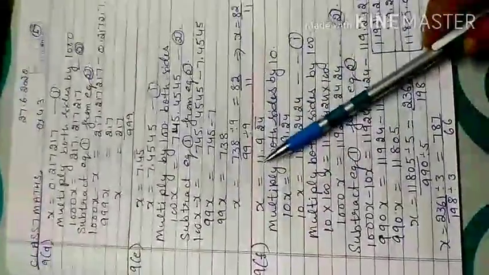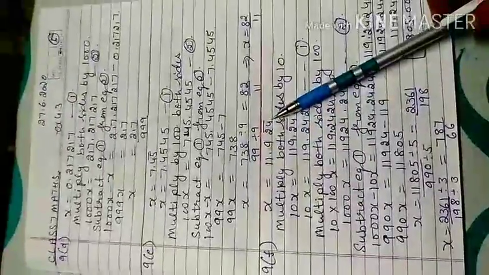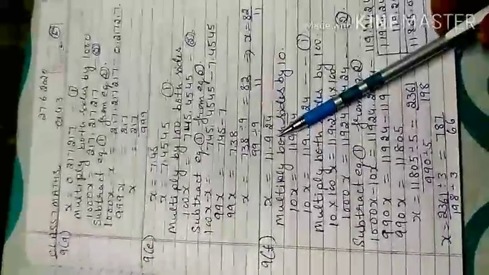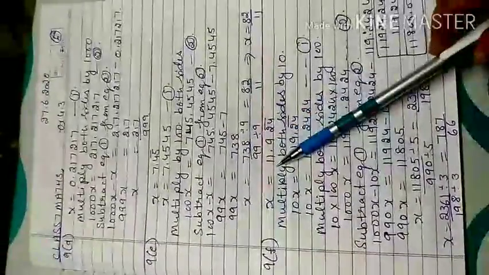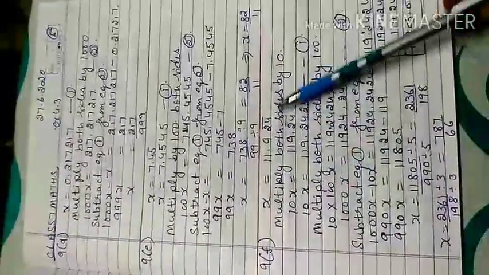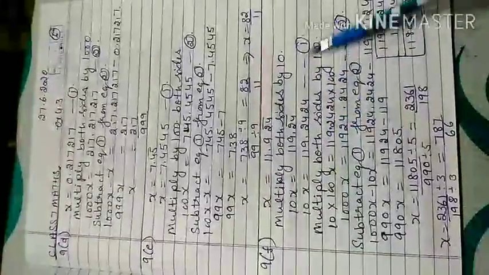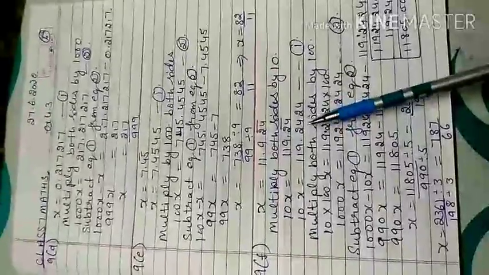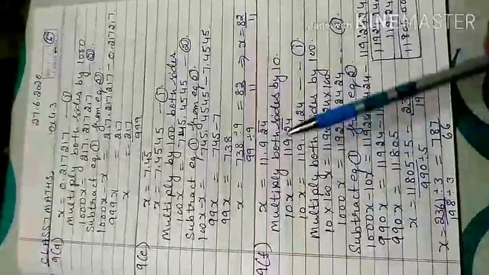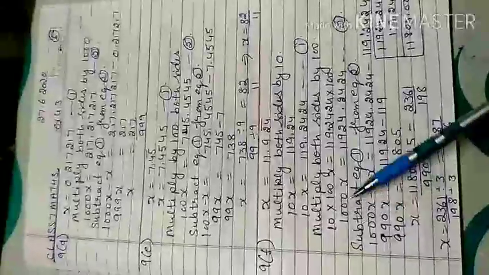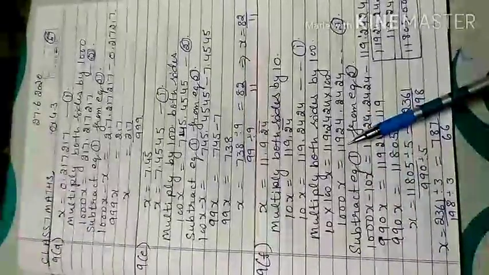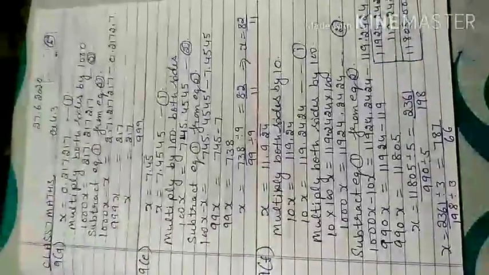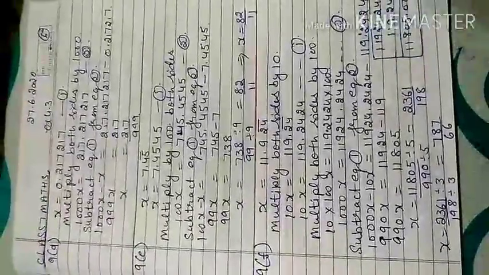Now in the ninth F part, 11.924, here only 24 is repeated, but 9 is extra, 9 is not repeated. Before making equation 1, first we shift 9 to the left side of the decimal, so I multiply by 10. That gives me my first equation. Now I open 24. Now the repeated digits are 24, and you have to shift 24. You multiply this first equation again by 100, and that gives me 1000x and 11,924.2424. Added the next 24 in the repeated number.